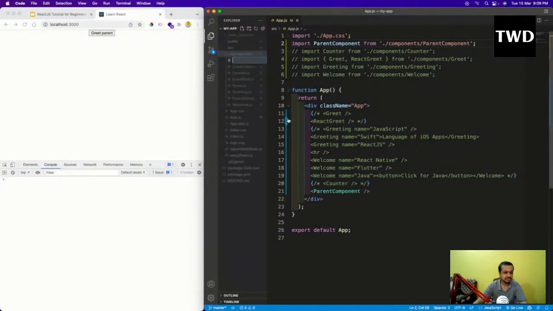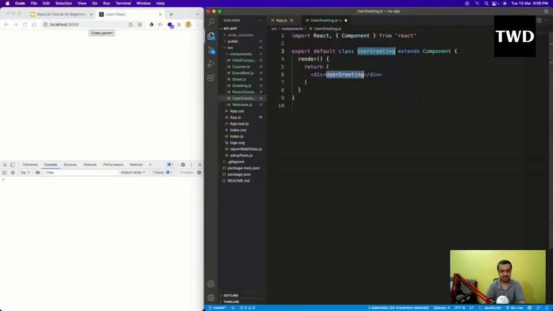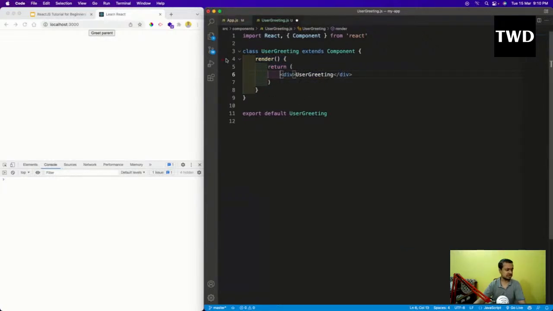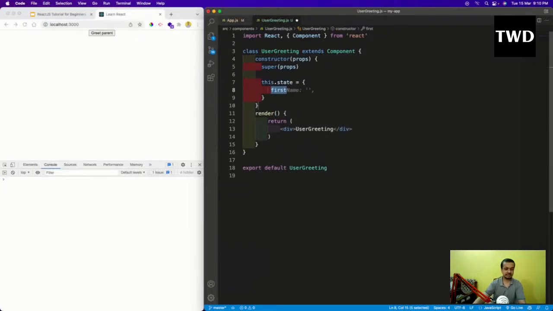We are going to come here and create a file, user greeting.js. User greeting.js I'll have, and RCC I'll have, and export default UserGreeting I'll have, like this. And here, we are going to see how this works. Okay, let me first do it. And const I'm going to have